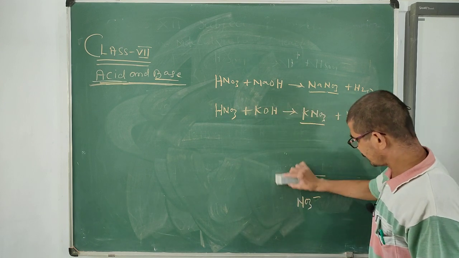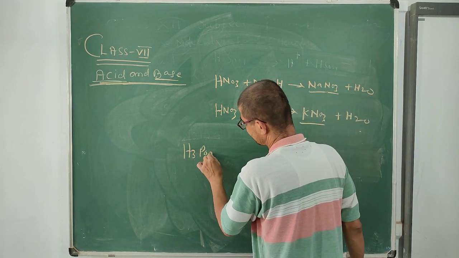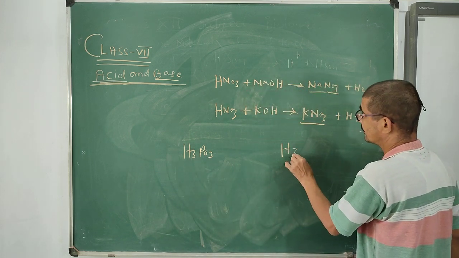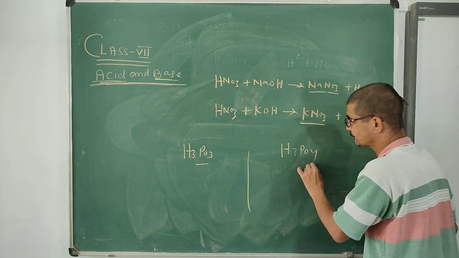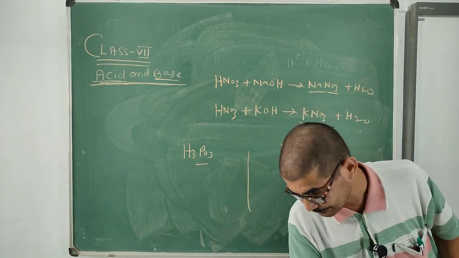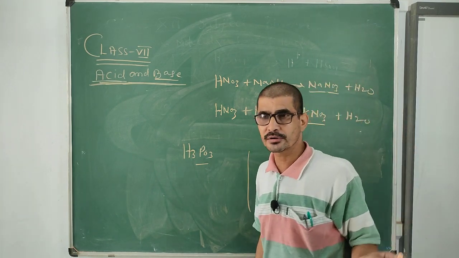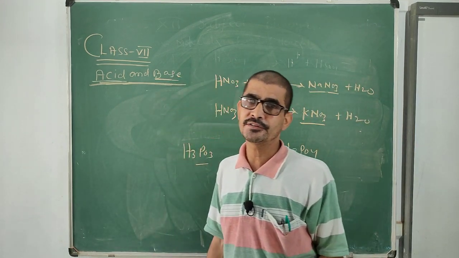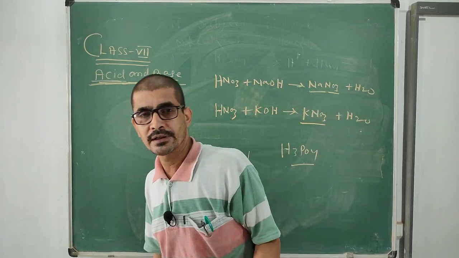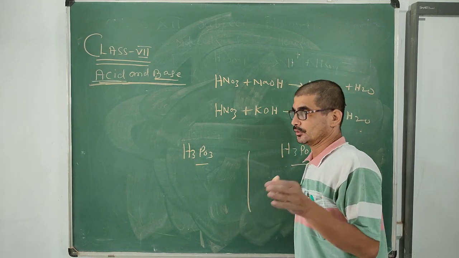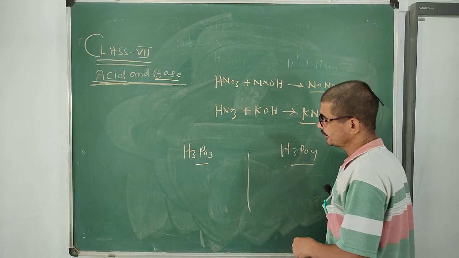Now one more example I am just going to take here. This is phosphorous acid. Now this is called phosphoric acid. So what are the basicity of phosphorous and phosphoric acid? It is very important here, because both have 3 hydrogens, but all the hydrogens are not replaceable. How can you say? This can be clear by writing the structure of the acid. At first it is necessary to write down the structure of the acid, then you are able to know which hydrogen is replaceable.